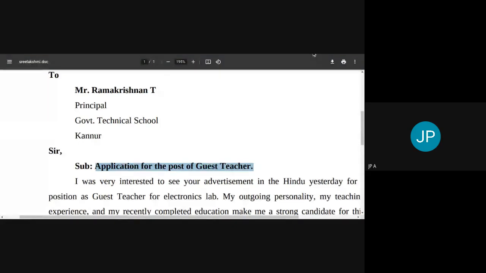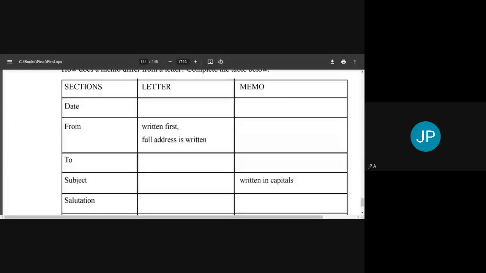Whereas in a memo, you completely capitalize all the words. Okay, all the words in the subject have to be capitalized. For example, subject